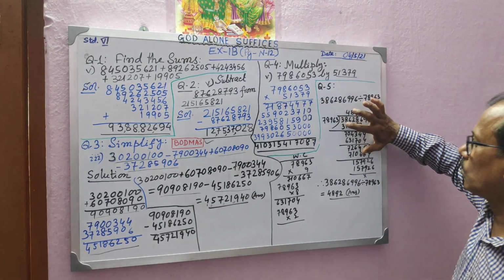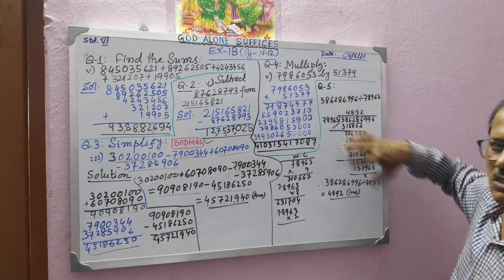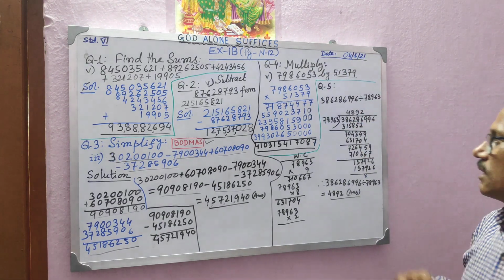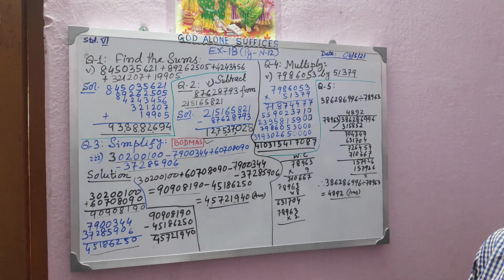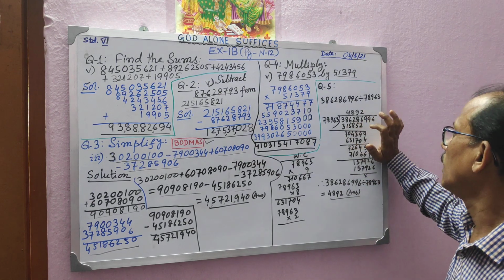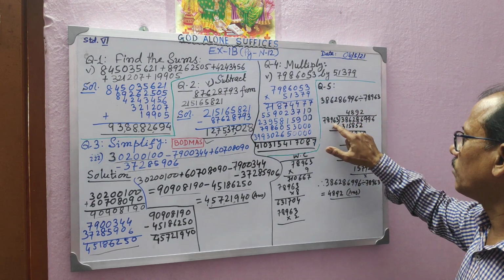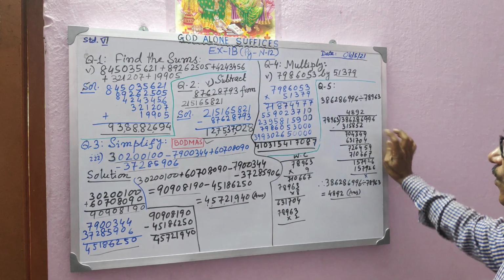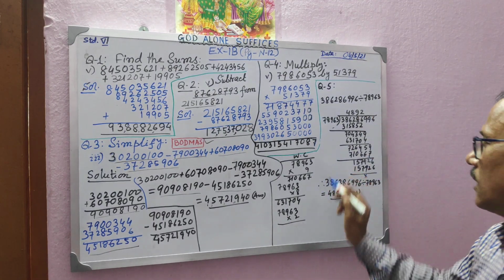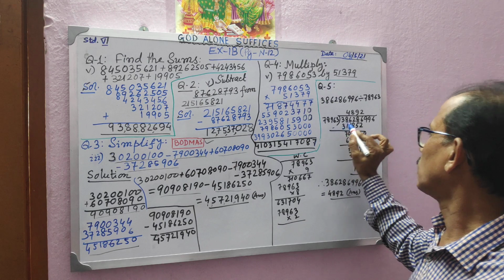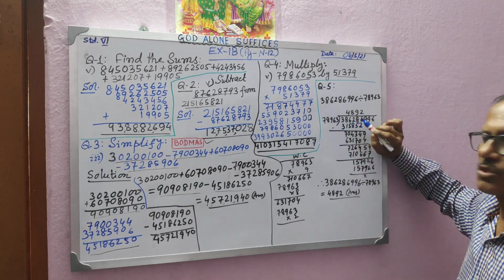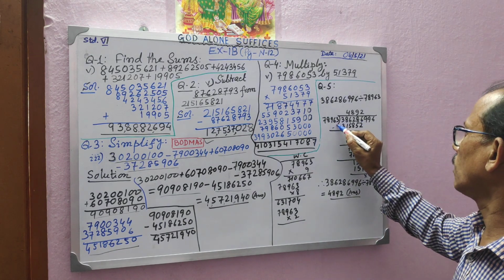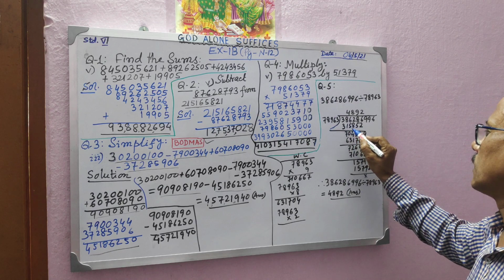Could you understand? Now take 2 digits and multiply with 7. How many times 7 will it be so that it goes near 38? 7 5s are 35. May go, but with any other digit if you multiply, it will exceed 38. So 4 will go. You can try multiplying with 5 and see it will definitely exceed 38,000. So you need to take the previous multiple. Here you are multiplying with 4, you will get 33 lakh